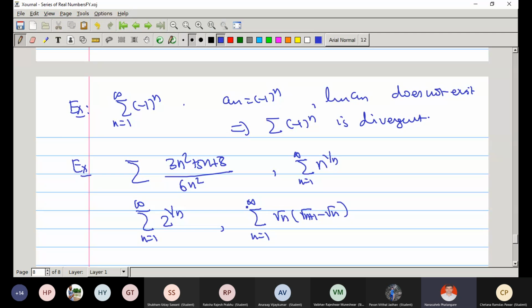Discuss the convergence of this series just by observing the limit of the nth term. Right, okay, is it clear now? Yes, sir. Okay, so we'll stop here. If you have any difficulty,